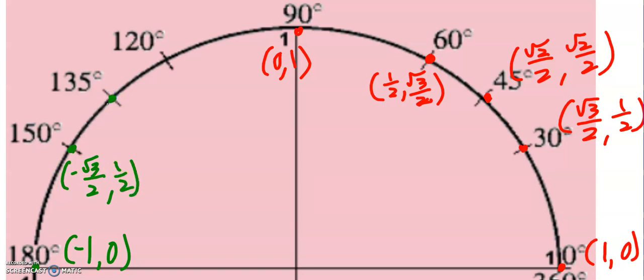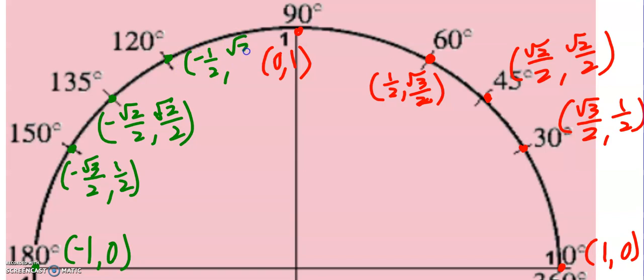This will be the same as the 45 degrees. It'll be negative root 2 over 2, comma root 2 over 2. And this will be the same as the 60 degrees, except for it'll be negative 1/2, comma root 3 over 2. Because again, if we think about when we created the degrees and the radians as well,